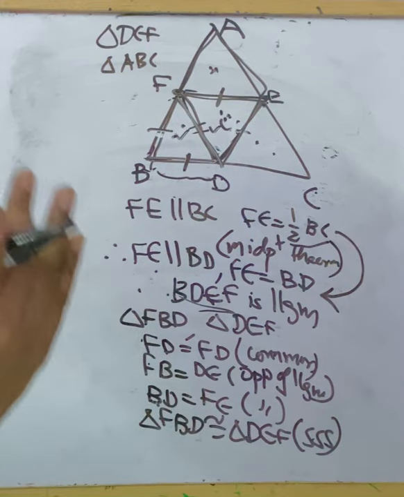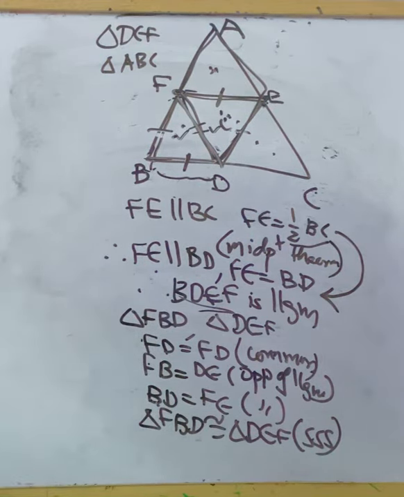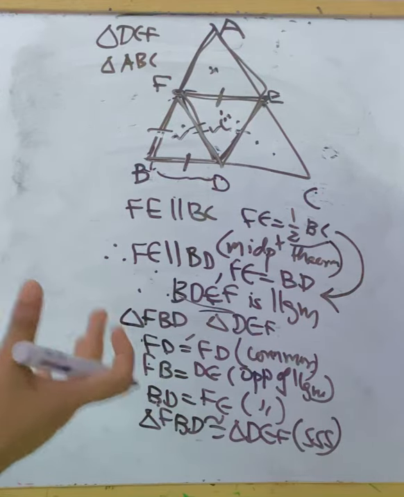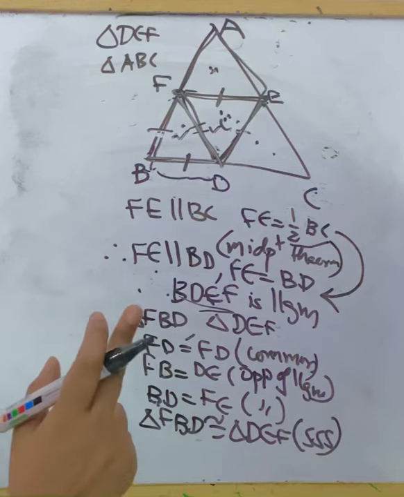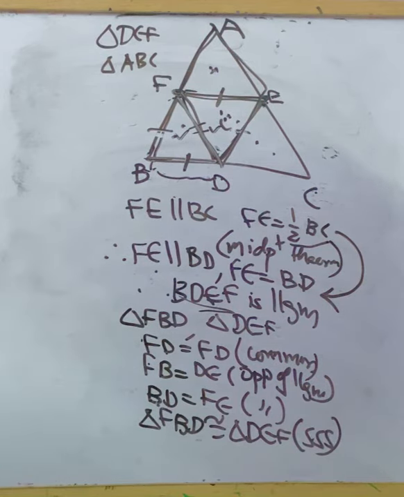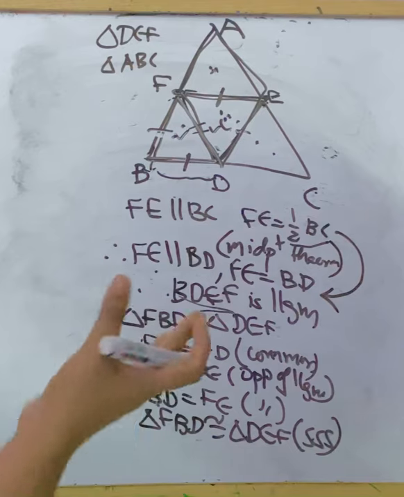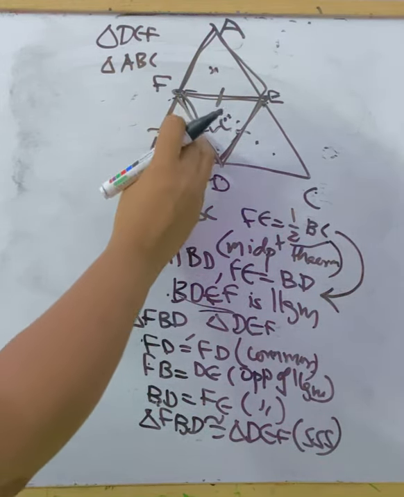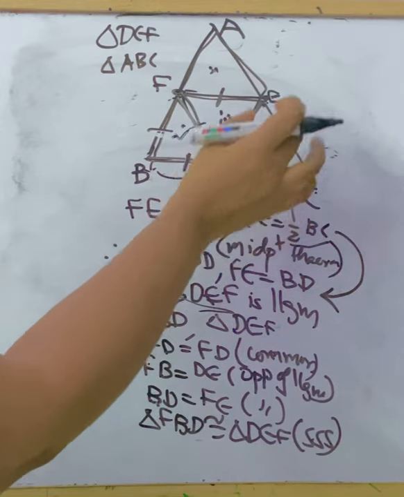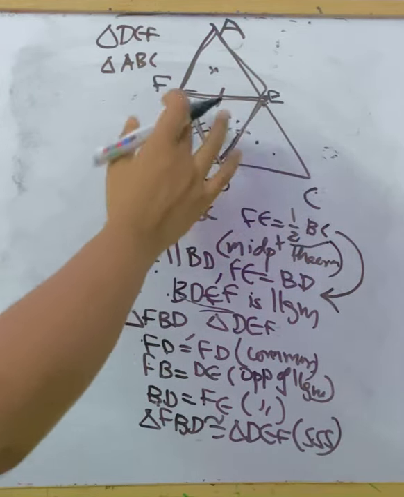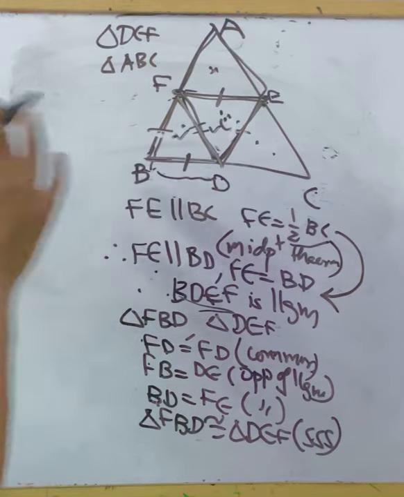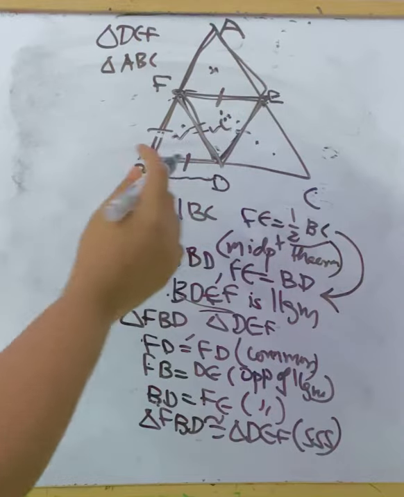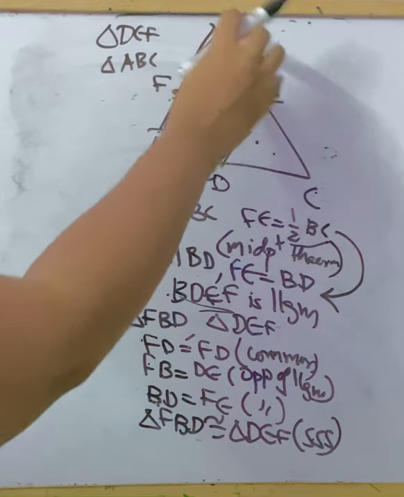So we know congruent triangles' areas will be equal because congruency means the same size and shape. Similarity is not same size, so we can't say their areas are equal. But in congruency, size is also equal, so their area will be equal. This is same size with this triangle. This is same size with this triangle. So these areas will be equal. So all the four triangles have the same area. That is, the bigger triangle ABC is divided into four equal triangles.